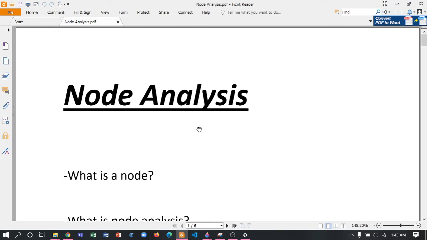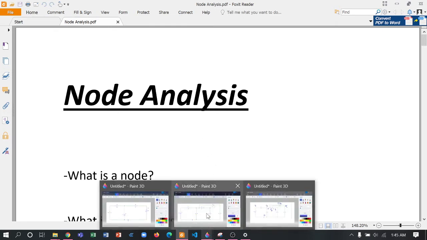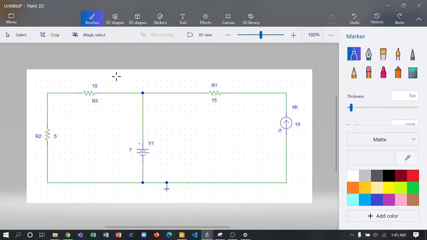To know what a node is, I am going to use this picture. Here you can see a PSpice simulator image, and I have drawn a circuit. In this circuit I have a voltage source, some resistors, and a current source, and at last it is ground. So what is a node? Before I talk about a node, I have to